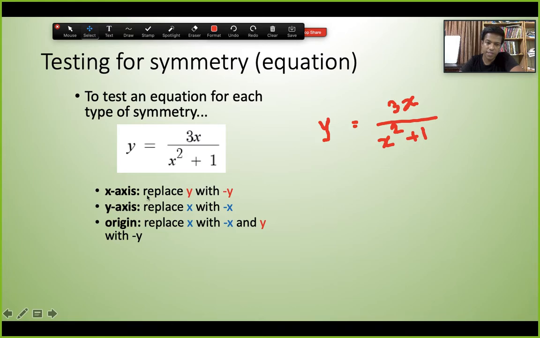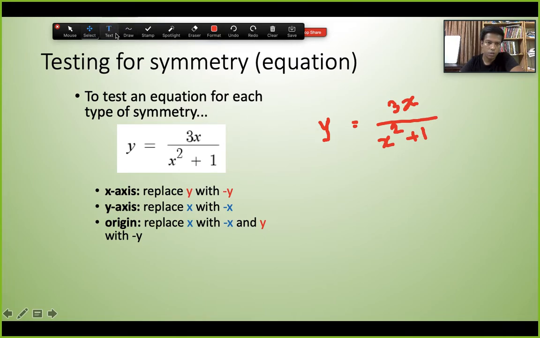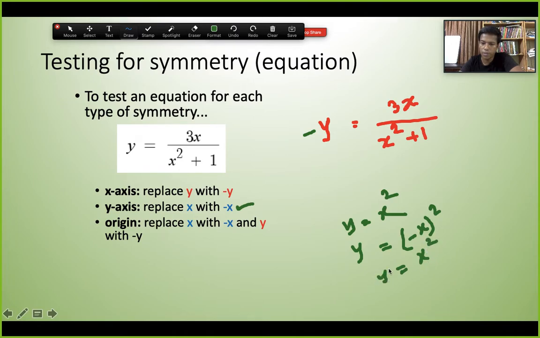Now for the first condition, for the x-axis symmetry, we replace y by minus y. So if we put a minus here for the y, is it the same as our actual equation? What does it mean? Let me show you with another, easier example. Suppose you have just y equals x squared. Let's test this one. If we replace x as minus x, then what happens? Then minus x whole squared becomes plus x squared. That means y equals plus x squared. That means